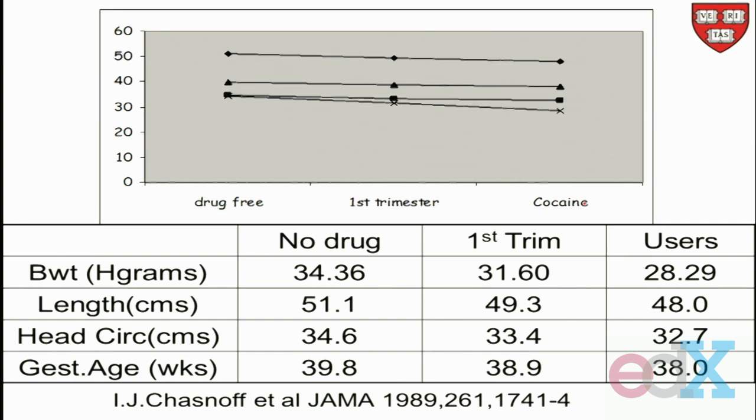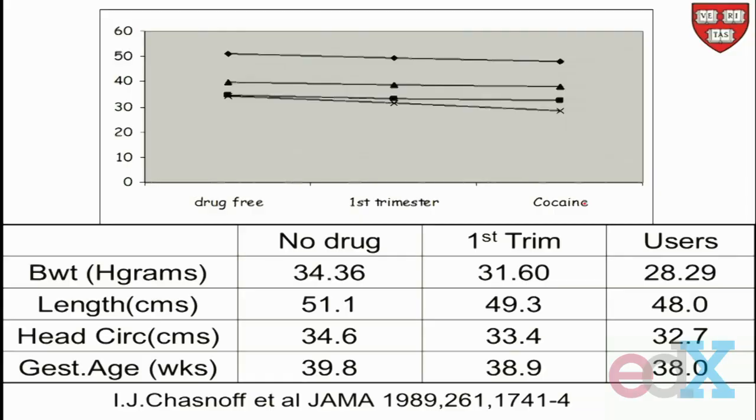Every time they came in, in the antenatal visits, they had them tested for cocaine. Now, they also said to the mother, okay, yes, you did give us permission to test you, but we'd like you to tell us whether you've been using cocaine or not. So now we have two sources of information: one from what the mother said, and the other from what the biological testing tells us.